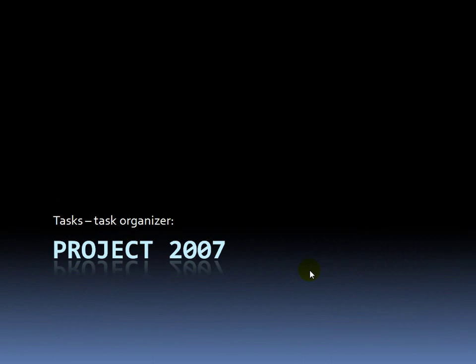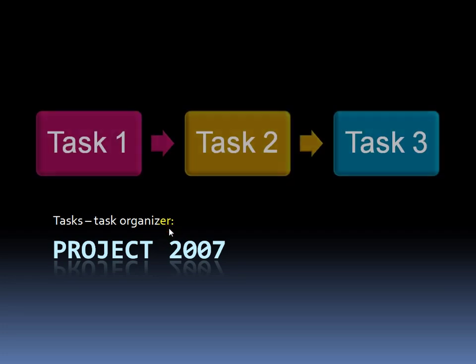Microsoft Project 2007 is basically a task organizing program. So any project you want to take on, like building a house or writing a book, typically requires many steps, or what are referred to as tasks in the project program. A very simple and basic sample would be to say I'm writing a book. For example, my first task would be to research the book, then next write the book, and then finally print